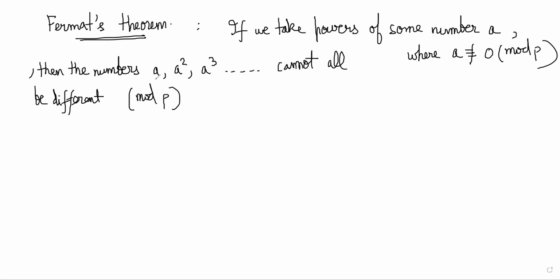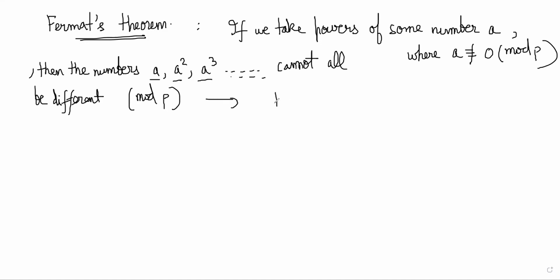We are thinking of all of these numbers a squared, a cubed in terms of modulo p. And we know that a does not divide p, so a and p have GCD equal to 1. In that case, what we can say is that a squared, a cubed and so on, this sequence cannot all be different mod p,